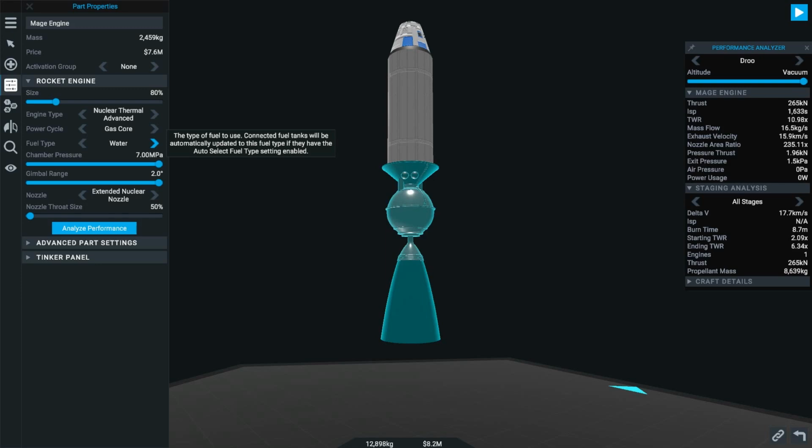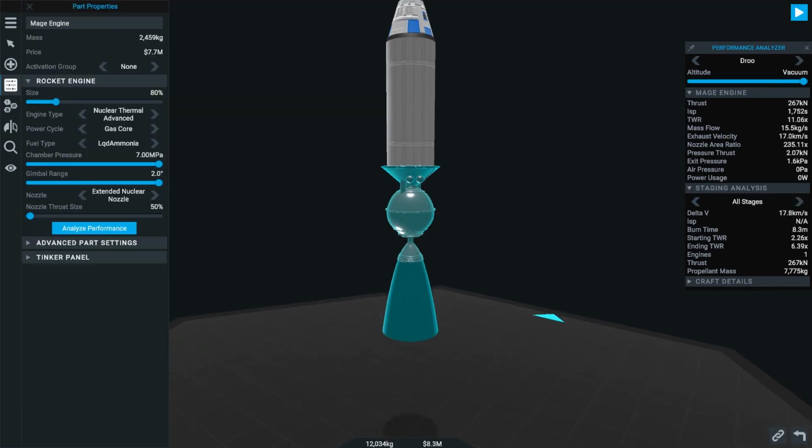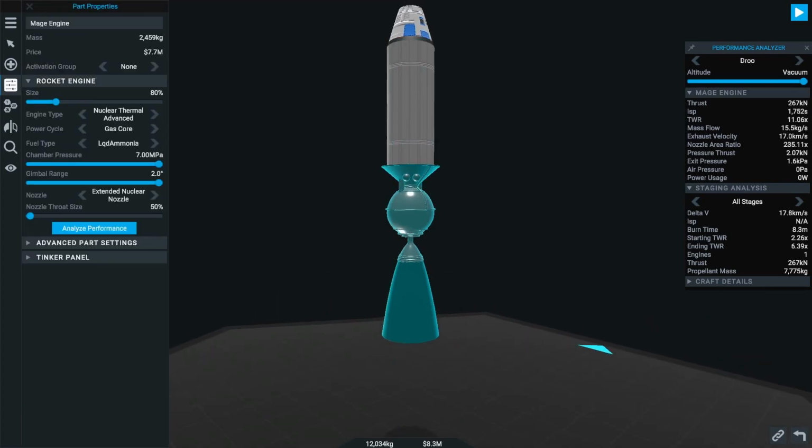Let's see, liquid oxygen's a new fuel, water, which is an old fuel, liquid ammonia is a new fuel. Liquid ammonia, 17.8 kilometers per second delta V with this fuel tank. So very, very efficient, very, very high-powered engine. You're still getting actually pretty decent thrust with this engine, as opposed to some of the old nuclear thermal engines